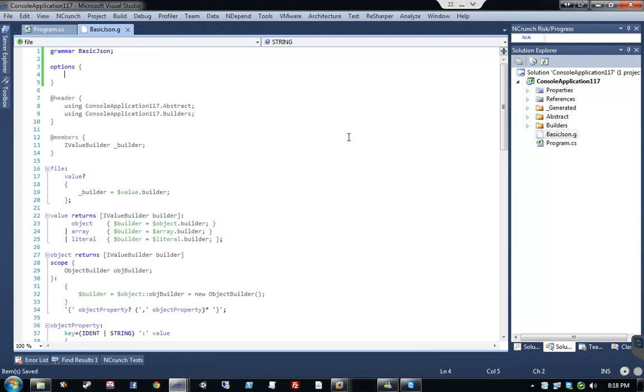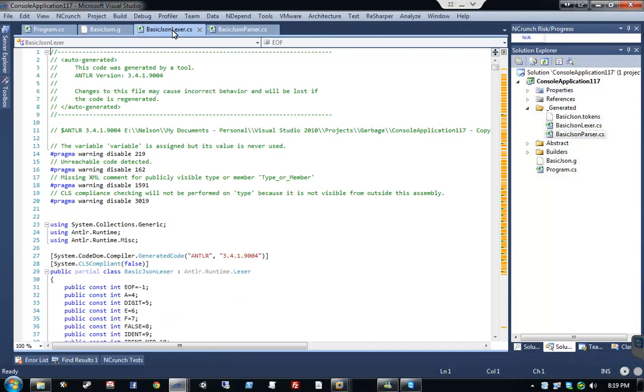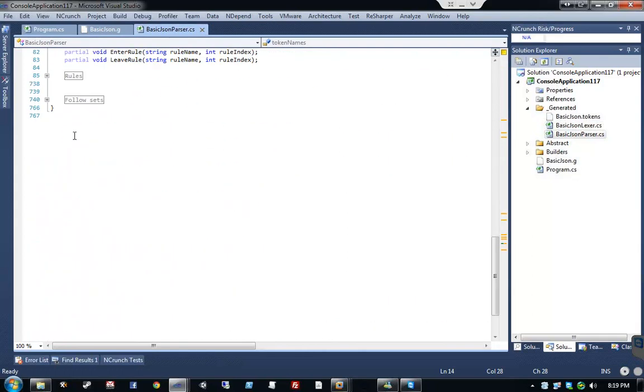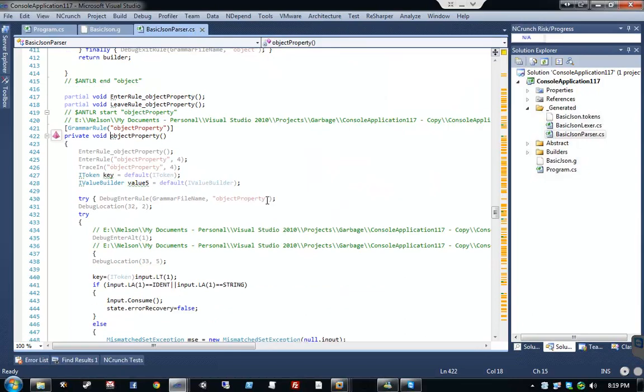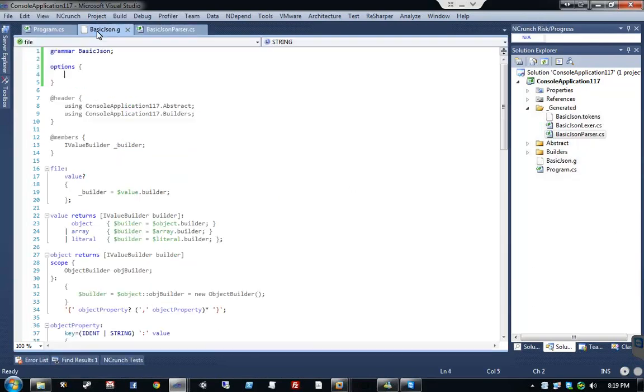At the moment, you'll see that in our generated lexer and parser, or specifically our generated parser, if you look at, for example, the object property rule, notice how it returns void. Are we noticing that? Yep, I notice void. Okay, sweet. Now watch this. If I say output equals AST, and of course I fire up my little helper application,